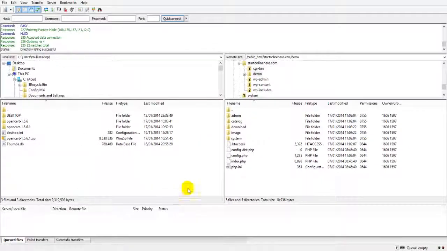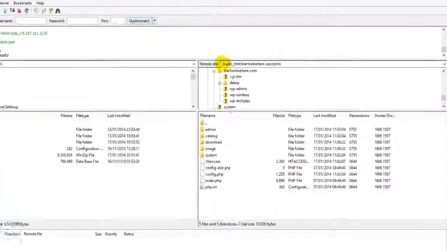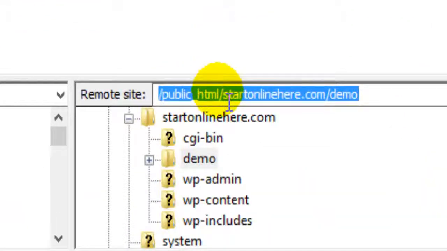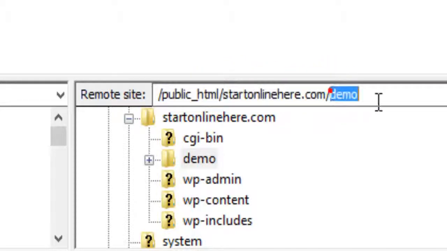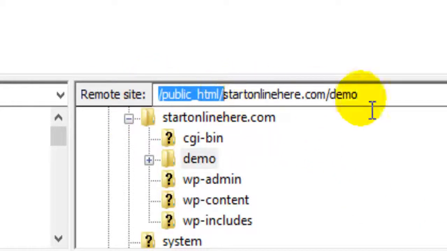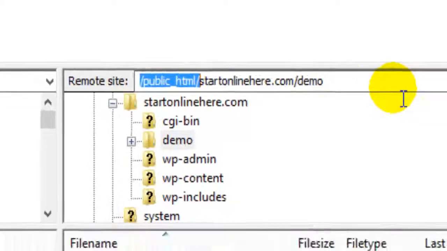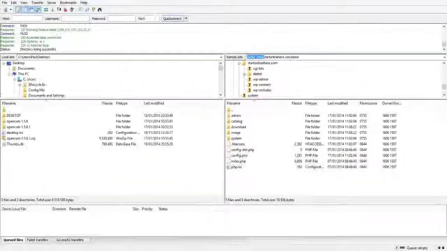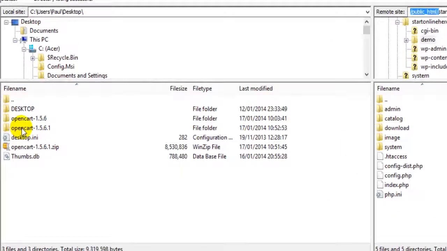We need to make sure that we're in our public HTML folder, and my domain here is just a temporary domain called demo, just for the purpose of showing you how to update via FTP. What you need to do is make sure you're always in your public_HTML folder, or your root directory as it's also known. Next you simply go to your location on your own computer where you have stored your